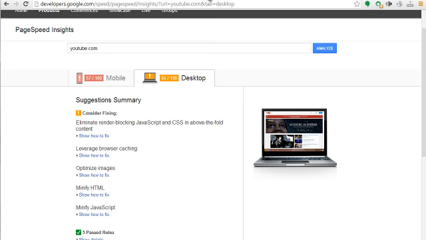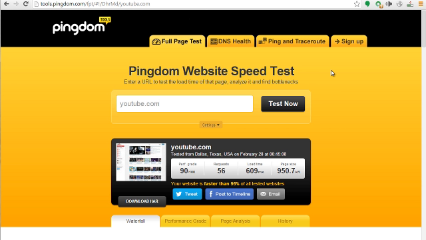Now, the reason why I use all of these 3 tools instead of just one is so I can have a bird's eye view of all the different load times and what people are saying. Now, what I did here is I entered youtube.com. So using YouTube is a good example of a website that has a lot of videos on it. That does take some time to load, but being that it is owned by Google, it should run pretty fast,